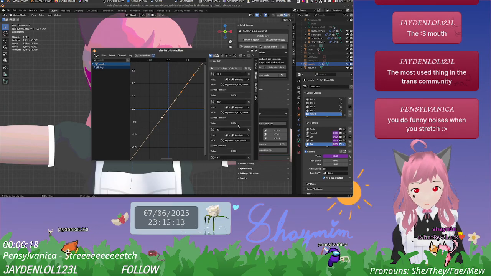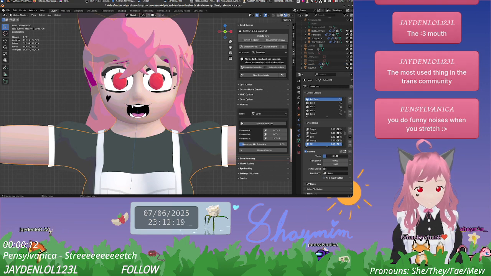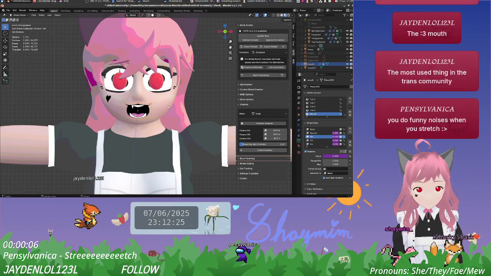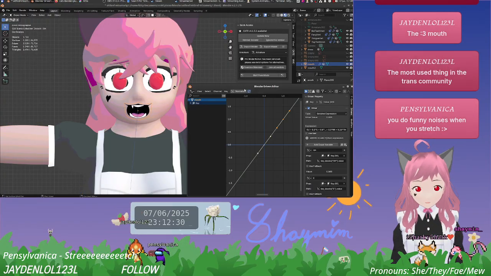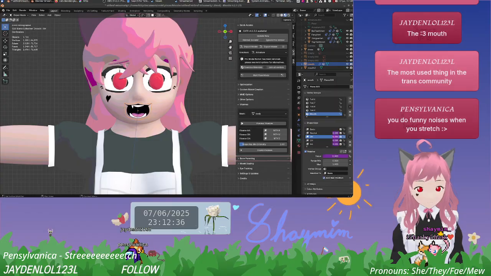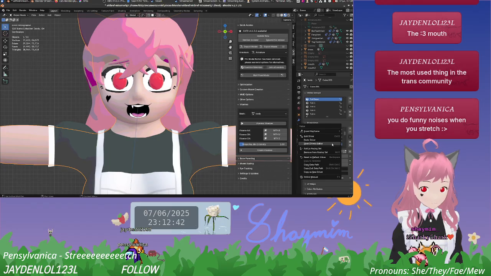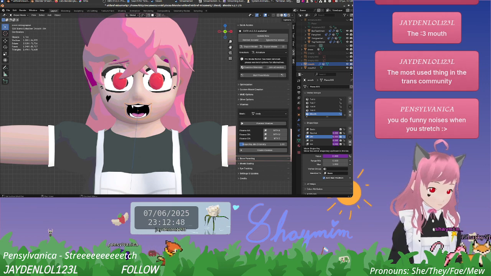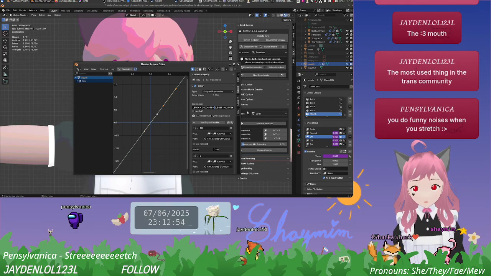Okay. So then, if I just get the shapes in, then I should be able to just use those out of the box, you know, if I put that up to 1. And that did not do the thing it should have, darn it. Open the driver's editor. If I go over here, copy as new driver. Invalid Python expression, it says. That's the problem there. Why is it a problem though?